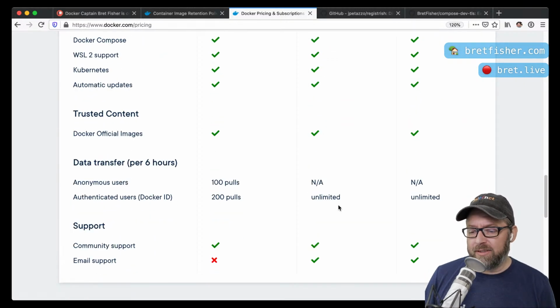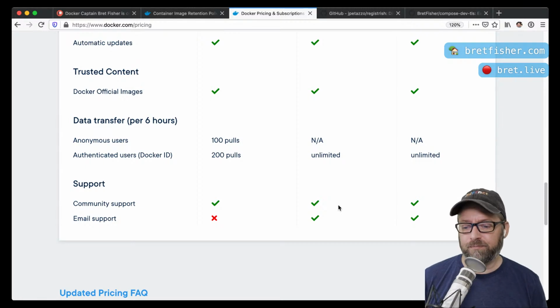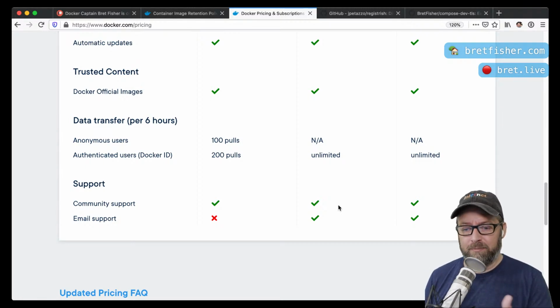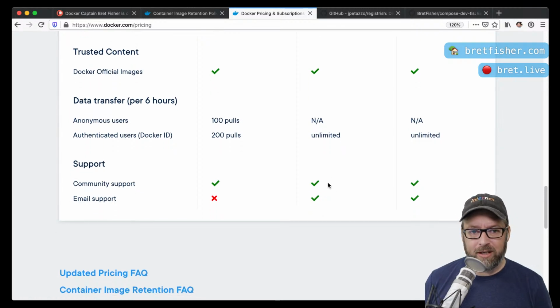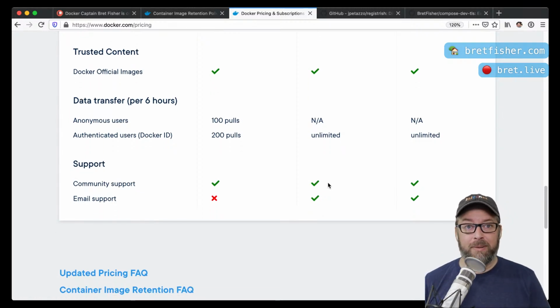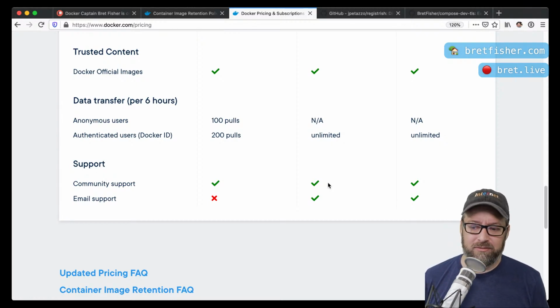So, all right. Moving down to the bottom, though, is something else that wasn't very clear in their announcement, but people figured out by poking around the website: there's this change that was all about data transfers. Now, for some of us, especially in the open source community, this could be a bigger issue than the image retention. Because if you have any open source and it's even remotely popular, it's going to have one pull every 6 months, right? I would argue that it's probably a dead project if it's not.